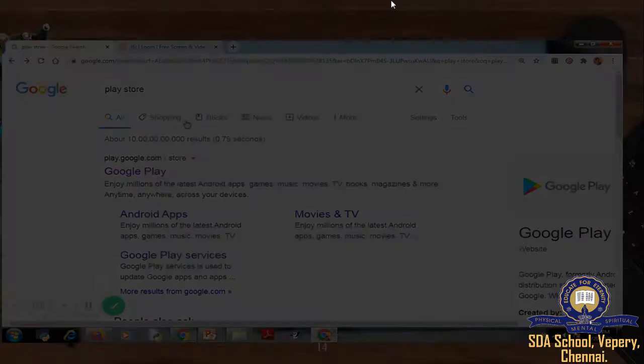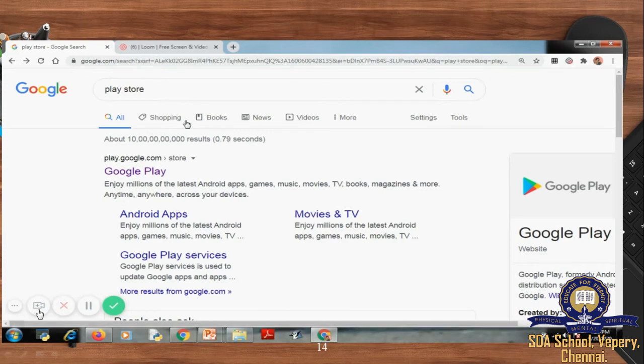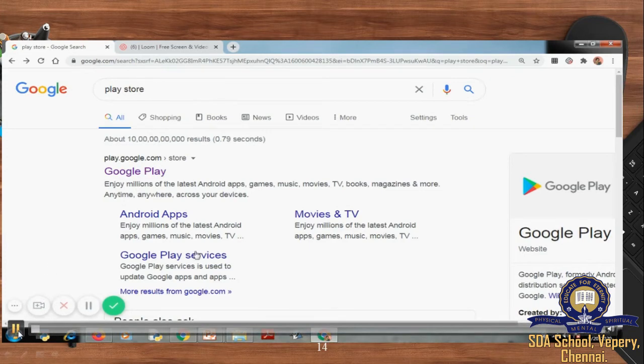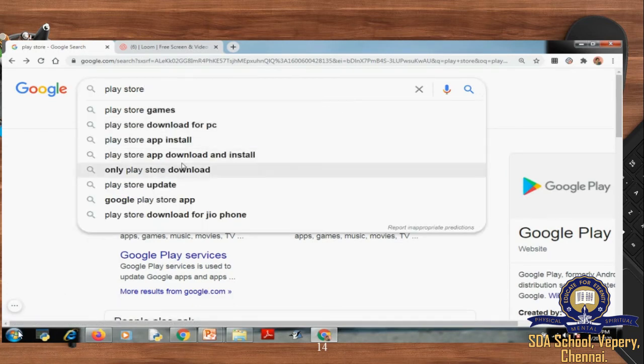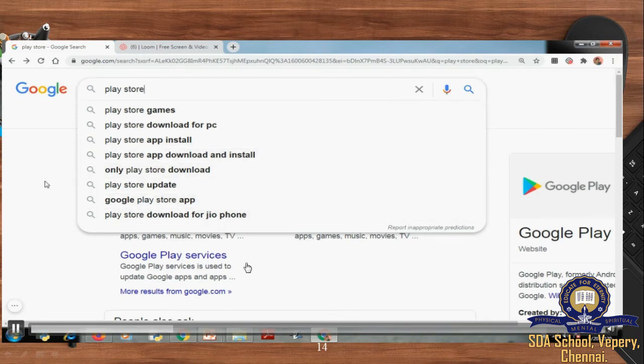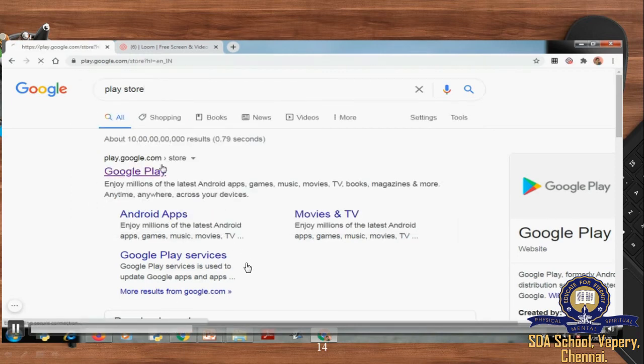Okay. So I am going to show you how to do it in the system now. Even this is possible on your mobile phones. It is very easy on mobile phones. I'll show you in the system. So go to Google Play Store. Once you type Play Store, you will have one icon, Google Play Store.com. So you have to just click on that Google Play.